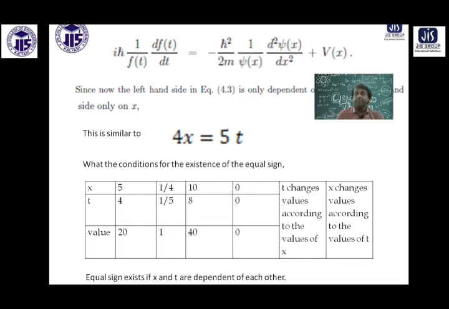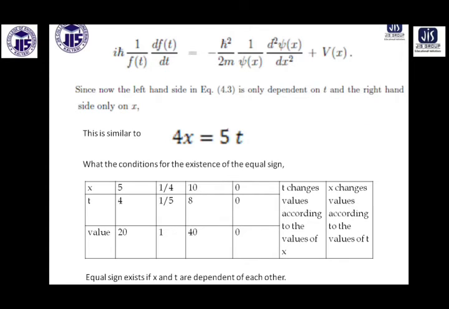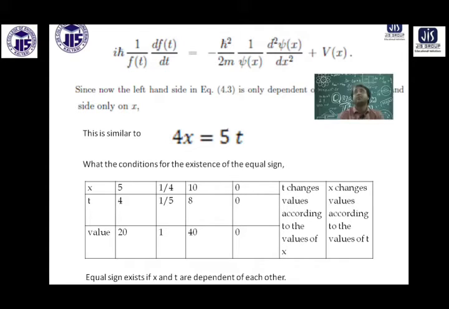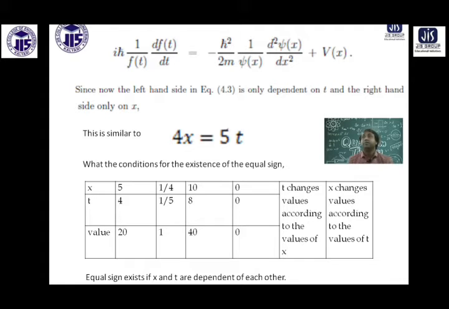And ultimately, in a normal problem, if I have got one side x dependent and the other side t dependent, we anticipate that in the normal sense they could not be equal, because x means position and t means time in our case, and these two are independent variables. I am sitting here for the last 45 minutes, so time was not waiting for me. Time has increased. Whether the position of an object is changing or not depends on the nature of the problem.